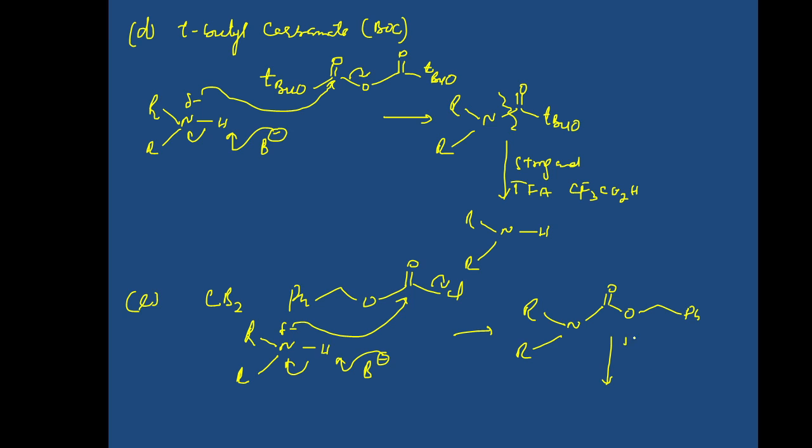Deprotection can be brought about by hydrogen with palladium supported on carbon, or we can have PdCl2. This has been asked in competitive exam questions. Or we can have triethylsilyl hydride, Et3SiH, or we can use BBr3. These are the deprotecting reagents. So once hydrogenolysis is carried out, we get this type of compound. We get the amine back. So let us take other groups.